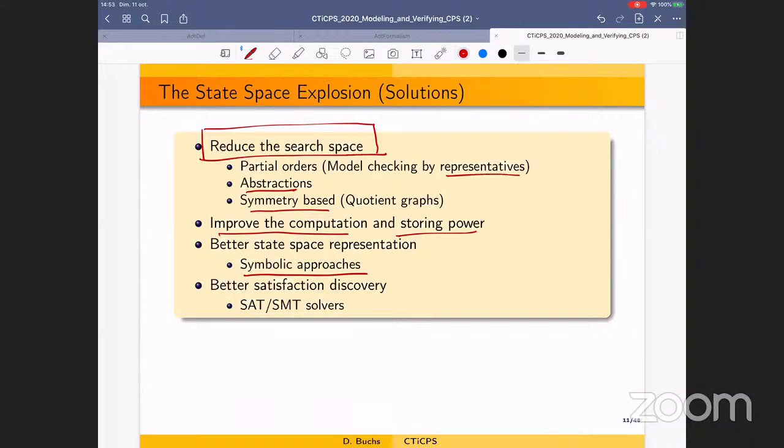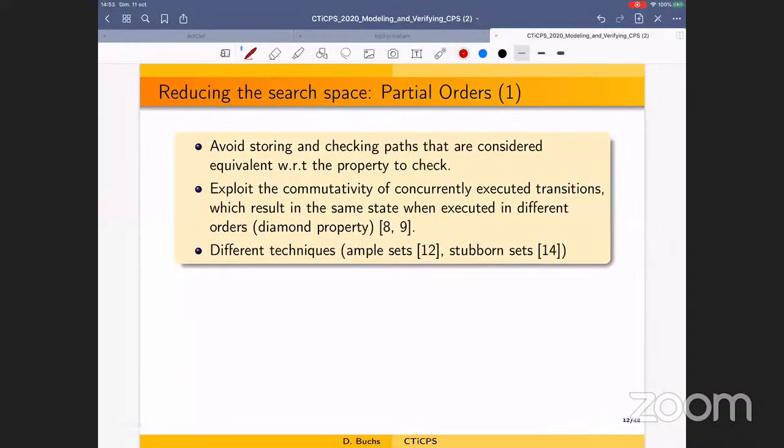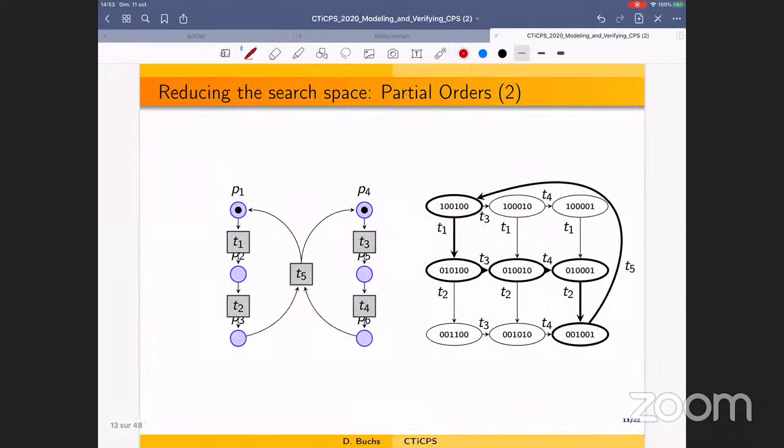And there is the last approach, which is more or less similar, because the idea is to reduce the satisfiability problem to a subpart of the whole formula. Okay, so now I have several slides that I will skip because otherwise it will be too long. So for instance, this is an aspect of the partial order that is used for looking only on a subpart of the possible behavior. So we are just using the path in bold instead of all paths.